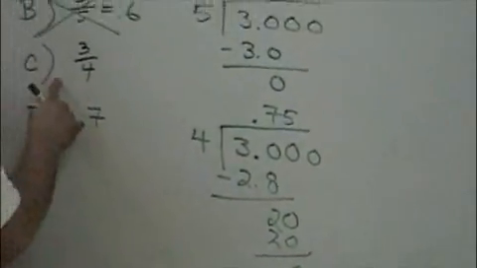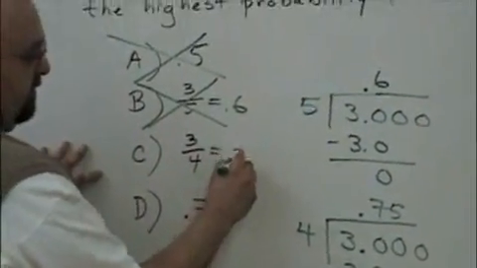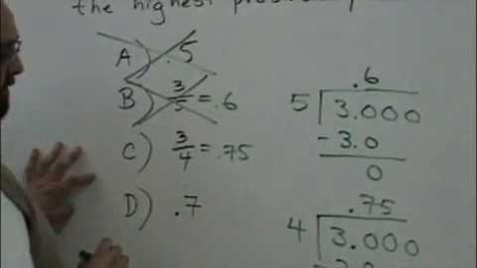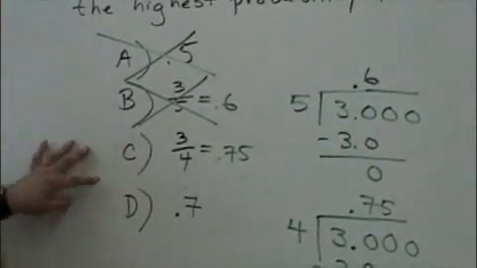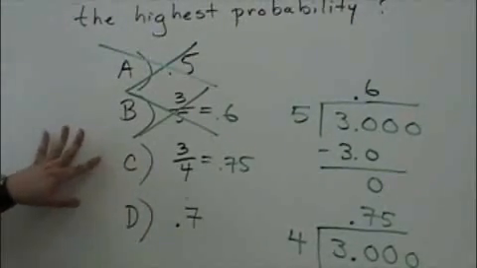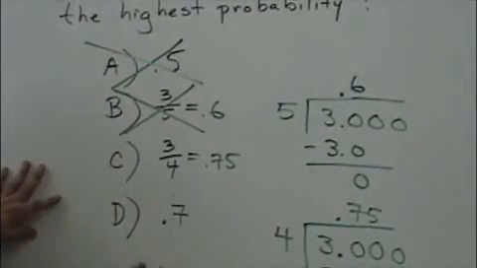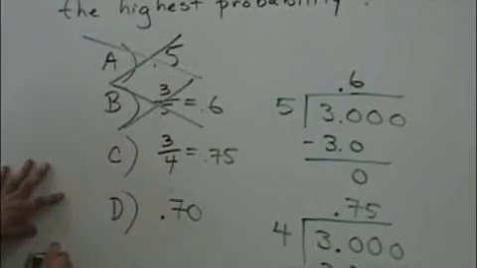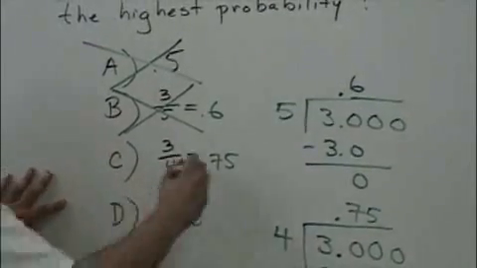So I know that 3/4 as a decimal is 0.75. So therefore, out of the two remaining answers, C or D, I think we can tell that C is the highest number. 0.70 is less than 0.75. So I think my answer